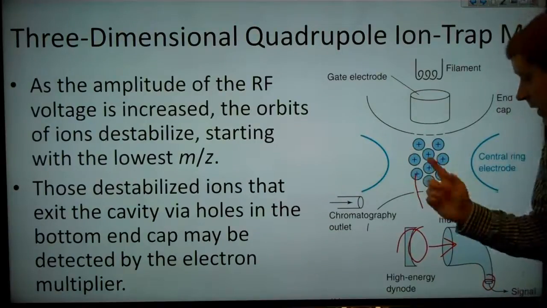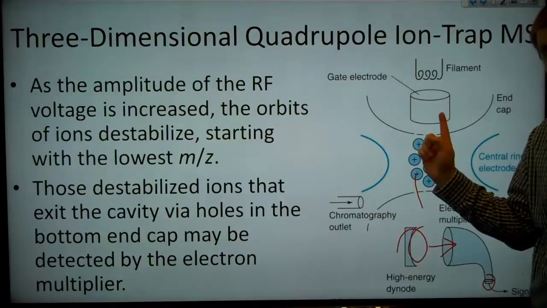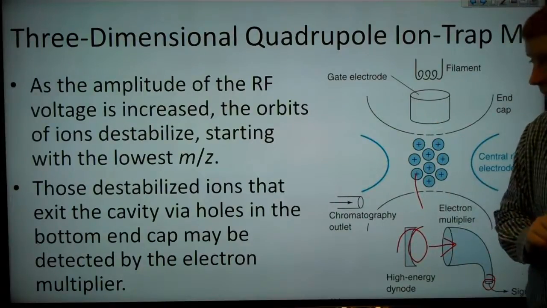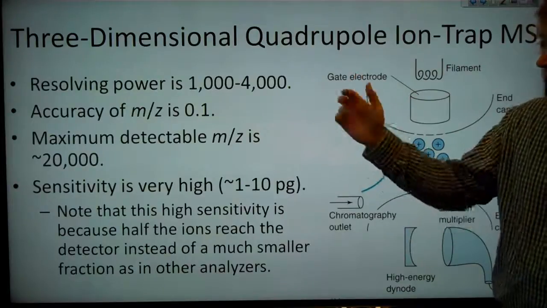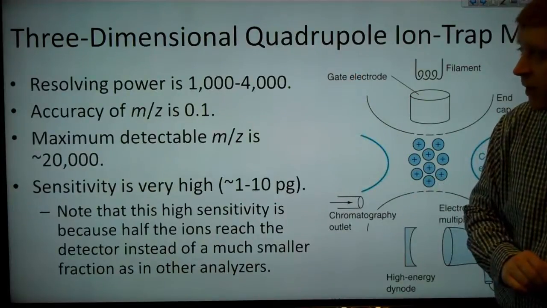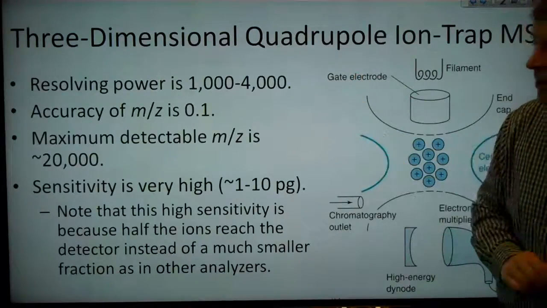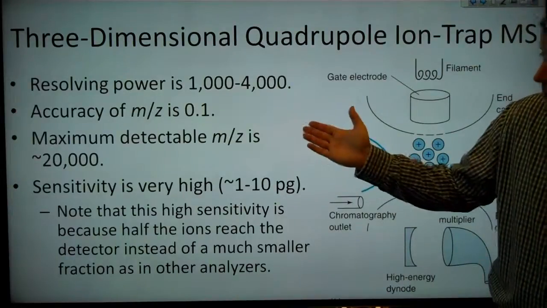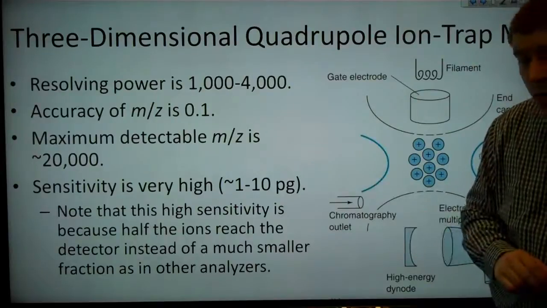Note that the other half of the ions are going to go up and exit our ion trap cavity through that top end cap. So the resolving power is somewhere between 1,000 and 4,000, and the accuracy of our mass to charge ratio is about 0.1,